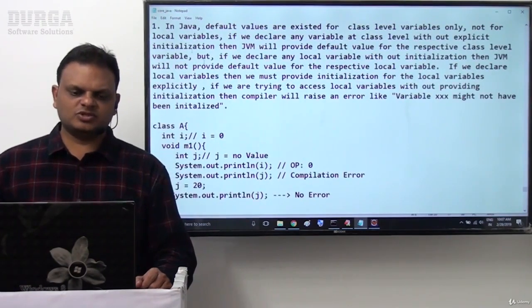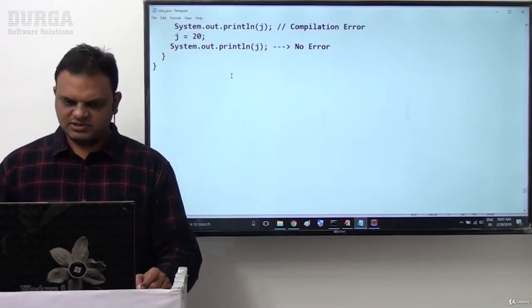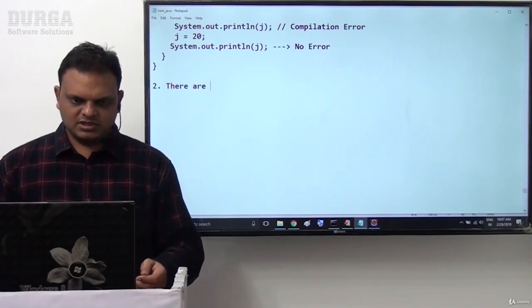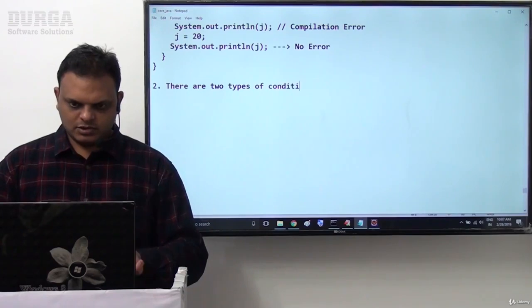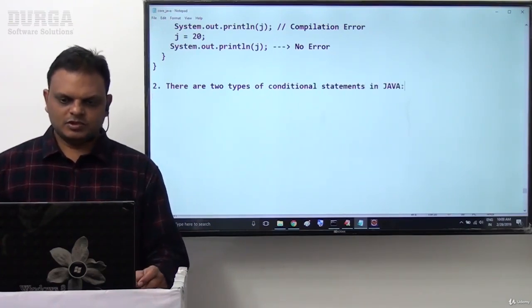Right, that's fine. This is point number 1 in fundamentals. Now I want to go for the second point. Second fundamental point: there are two types of expressions in Java. What are the two types?